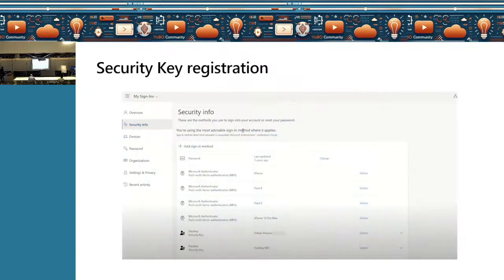Now, this is another example. In this example, I'm going to show you how you can register using a third-party key, like a YubiKey or a security key. If you want to register it with a passkey, how does that work? In this case, I would obviously need a physical device. I'm giving an example of a YubiKey. There are many other vendors as well.